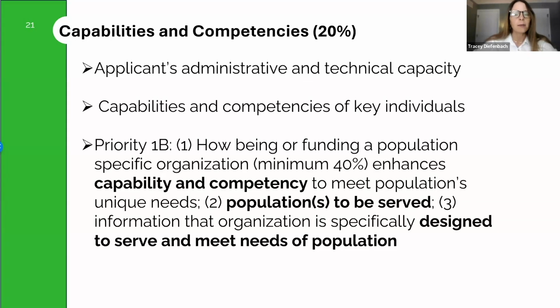The next section is capabilities and competencies. This section should ensure that the applicant, partners, and key individuals have the capacity, capability, and commitment to deliver the proposed project and achieve the stated goals. Applicants should describe the structures, systems, processes, resources, and skills that are in place to deliver the proposed project. The roles and qualifications of key individuals should be described, ensuring the team is equipped to carry out the project